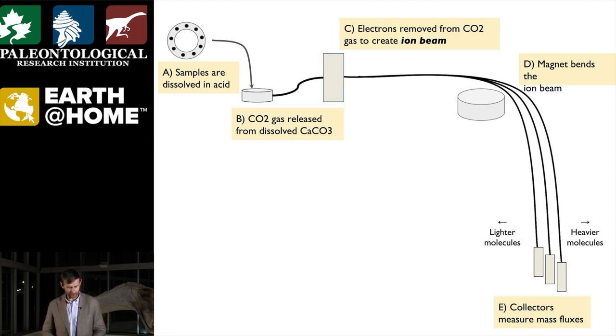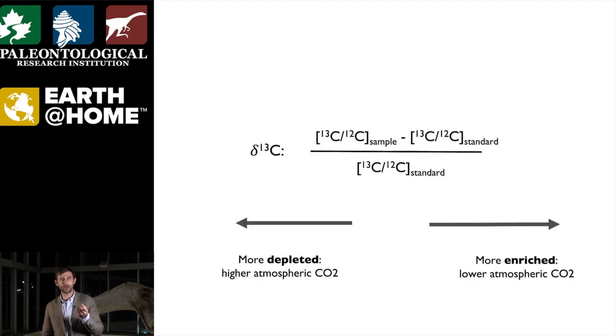And so you have a collector at the end of your mass spectrometer that just counts the collisions, the number of molecules hitting it. And from that relationship between the heavy and the light collisions on the left and the right there, we're able to infer the relative concentration of the heavy isotope with respect to the light isotope. We express that using what's called delta notation. So delta 13C is the ratio of our sample compared to some standard whose absolute measurements are known, all normalized